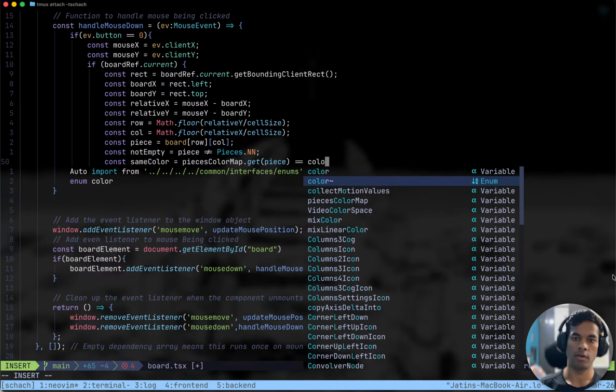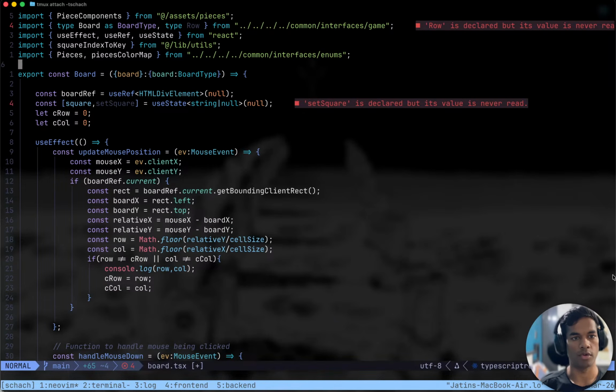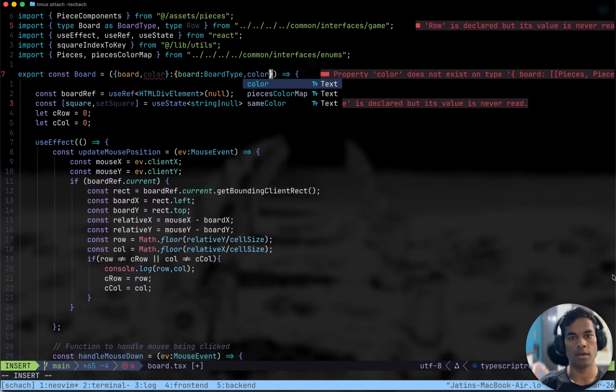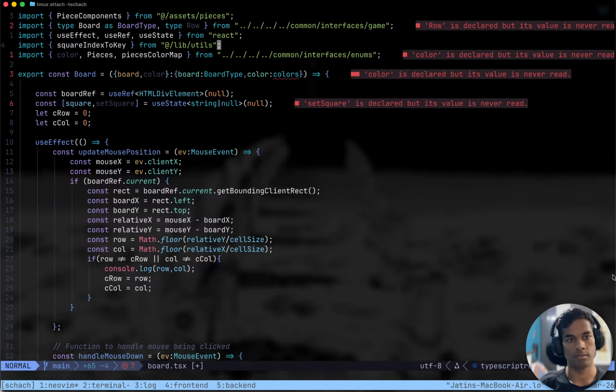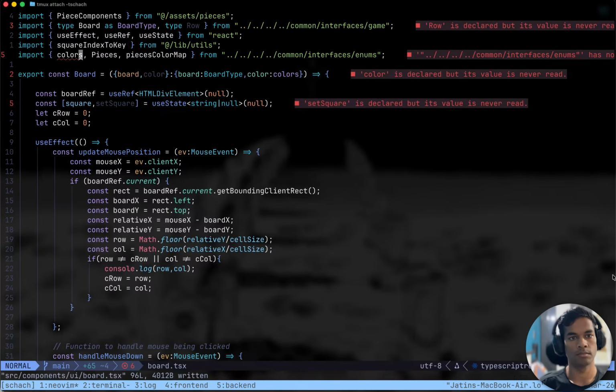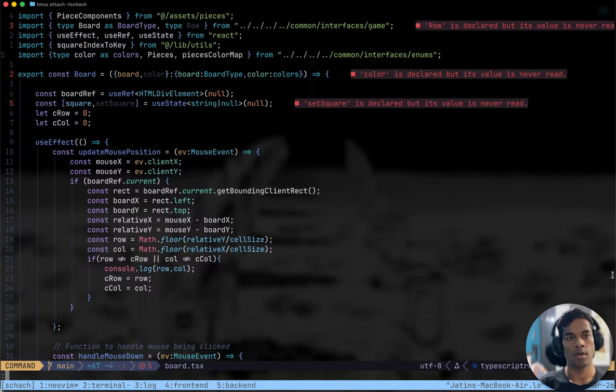If this thing equals shade, how do we get the color? We also need the color. Cool, makes sense. Apart from the board, we need the color. And here, color is of type color as a type. Type color as colors.